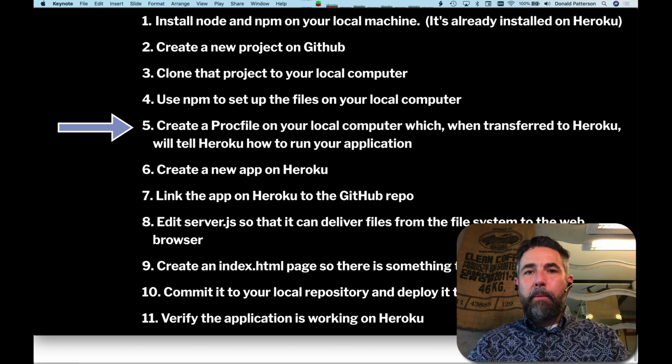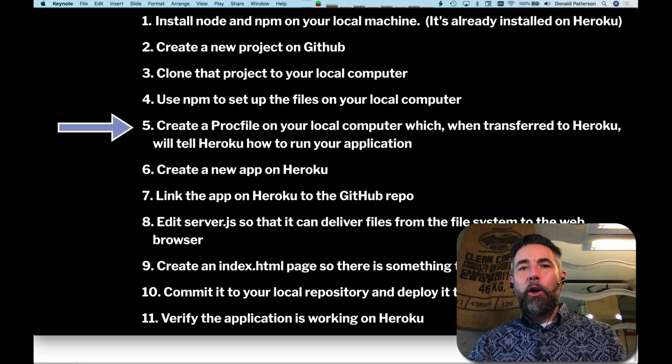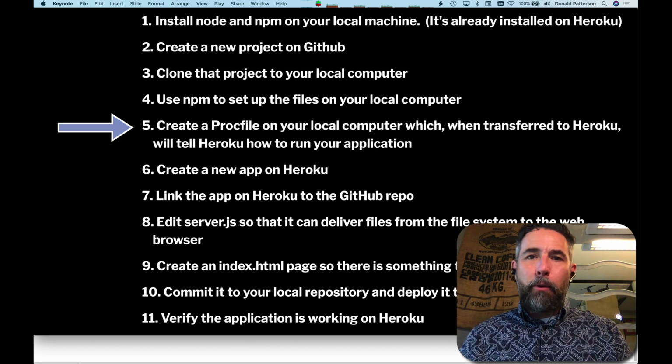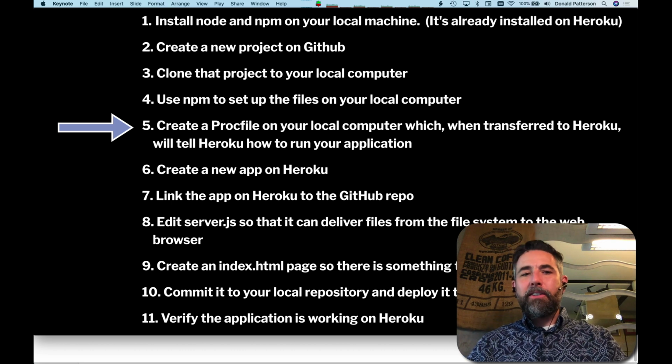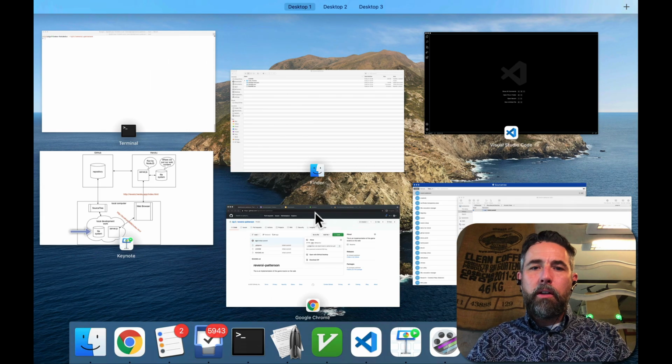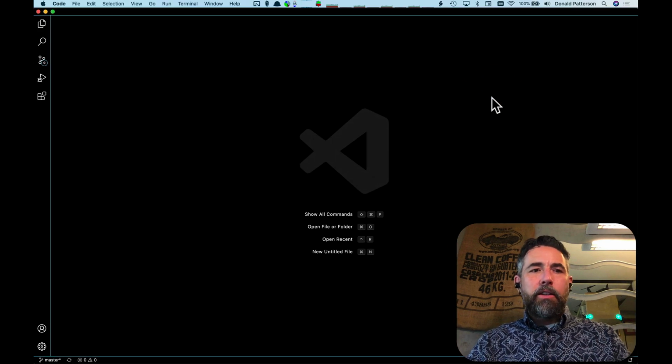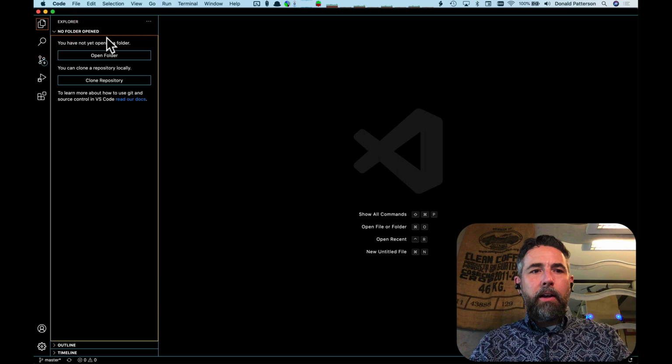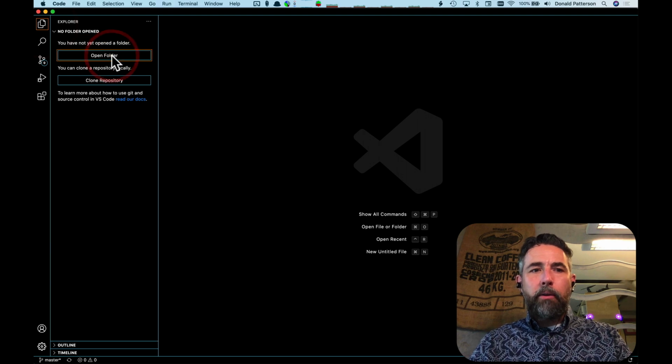What I'm going to use is Visual Studio Code in order to edit this. That's the first time I've used Visual Studio Code for a project, but my former students have convinced me it's worth giving it a shot. So let's give it a shot. This is a file we're going to put on our local system. This is Visual Studio Code, and we need to add a new file. So I'm going to go into the file browser and open up the folder that we've been putting our